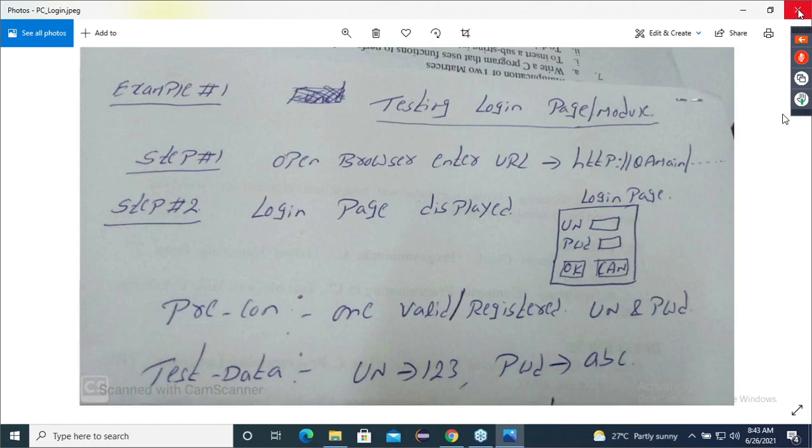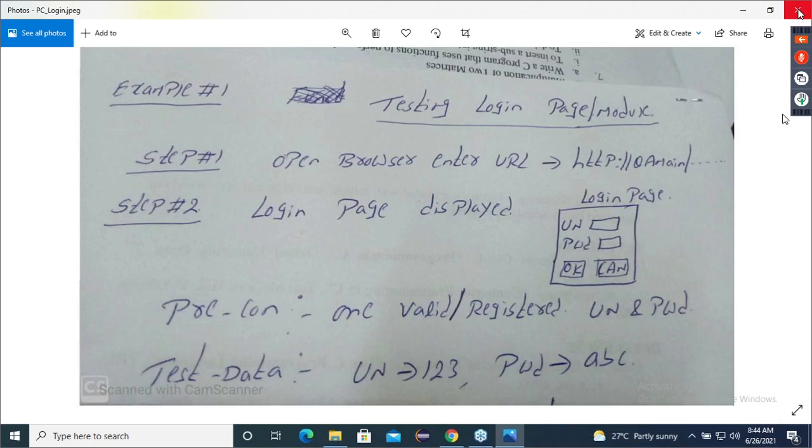Okay, now observe, guys. Whenever we're deciding the precondition and test data, there is no formula here. Are you understanding the meaning? When you say (a plus b) whole square, we have a formula. Some theories are there, some formulas are there.